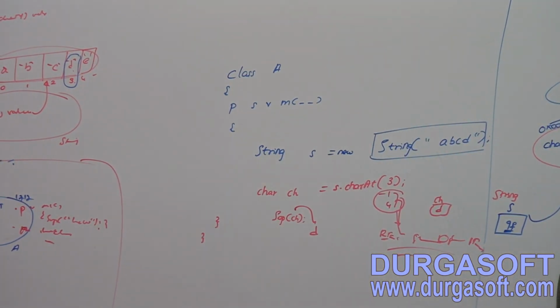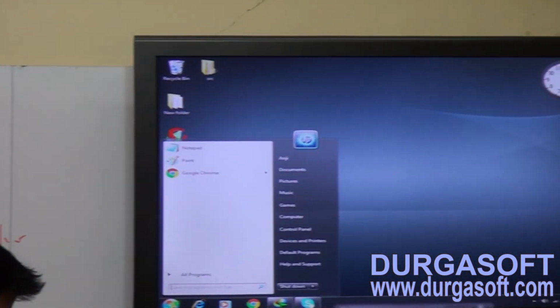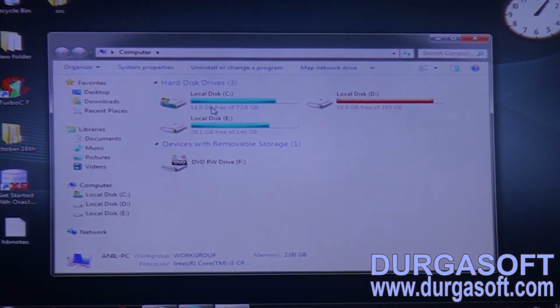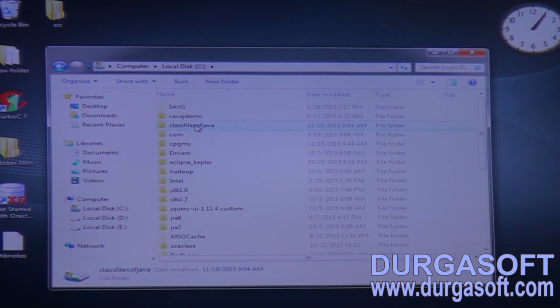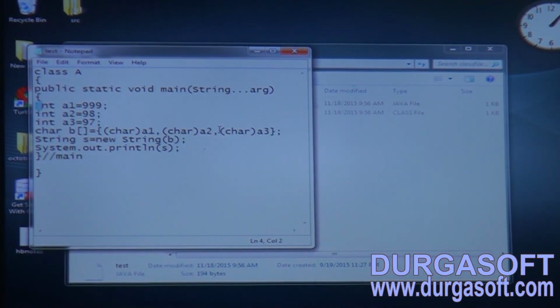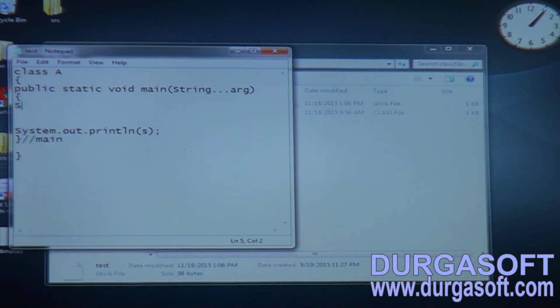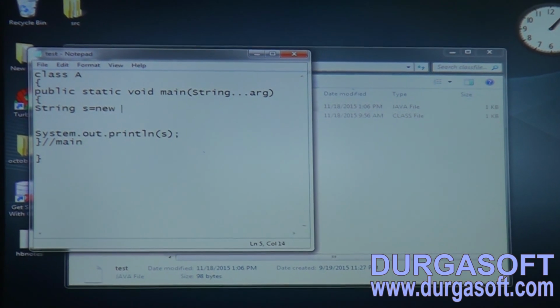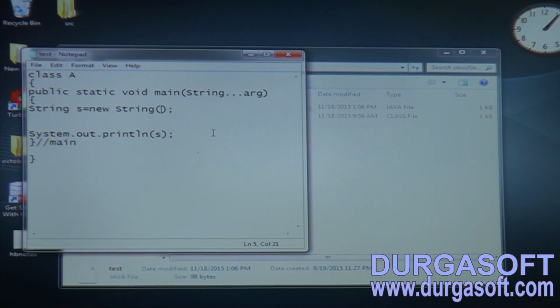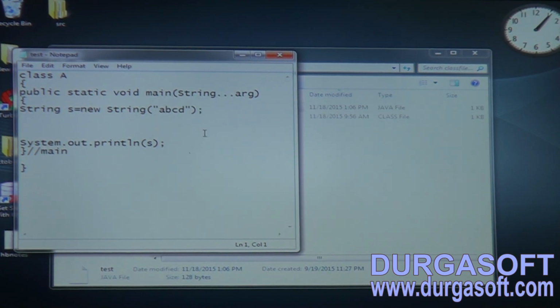Just observe this part. So let me take one class, simple code, nothing great. Observe. Take one String object by using the String class constructor having an argument of String type. Now